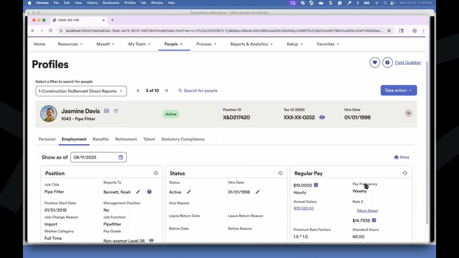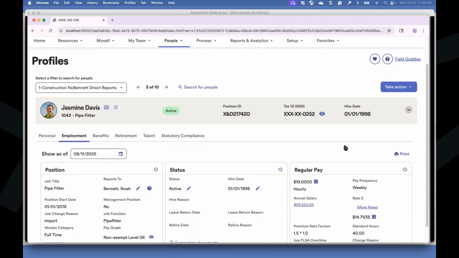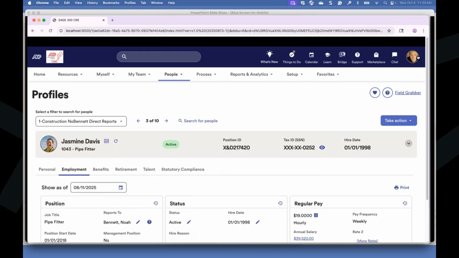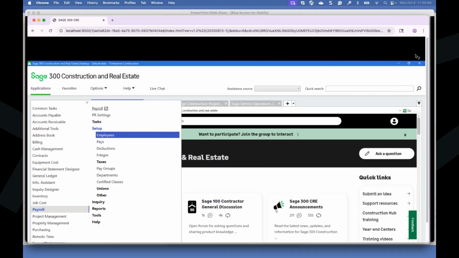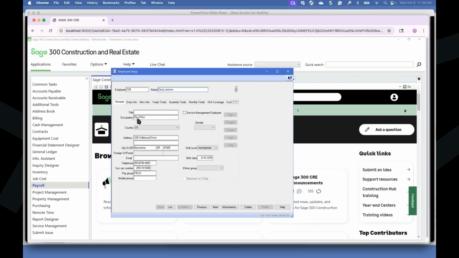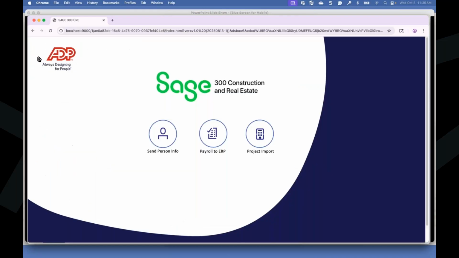After it's been entered into Workforce Now, it is an event-driven integration. So what that means is that as soon as you save it, it automatically is going to push it into Sage 300 for you. At that point, you can go in if you'd like to and double check, yep, this employee now is a pipe fitter instead of carpenter. So all of that information flows seamlessly over into the other system, no dual entry, saving you time and alleviating any room for error.